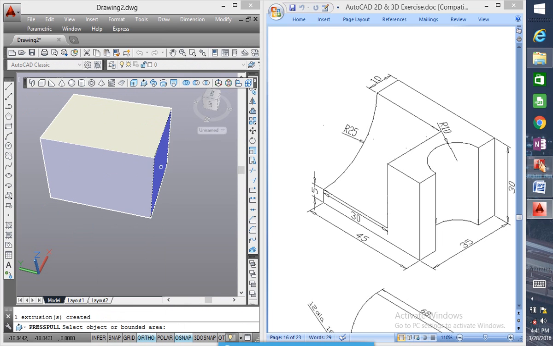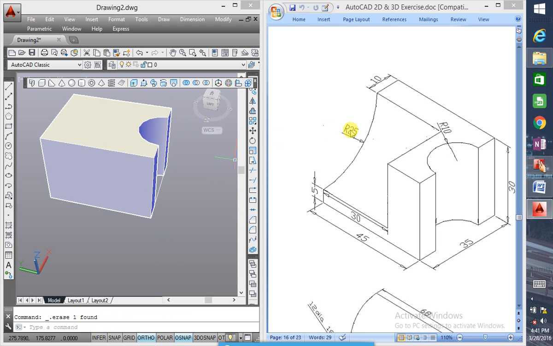We have drawn this. If you want to draw a half circle, a hollow circle at this portion, take the circle command, take the center point of this, it is showing the midpoint, then draw a circle of 10 radius, type 10, enter. We have drawn this. Take the press pull command again, select this portion and pull it down, then a hollow surface is created. Then select the circle and delete it.